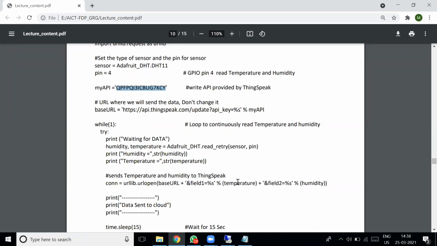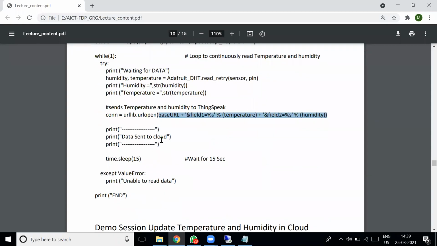Field 1 equal to temperature, then field 2 equal to humidity, right? Now you call the URL using the method urlopen. This will post the URL to the ThingSpeak cloud. Now the data is stored in the cloud, right?